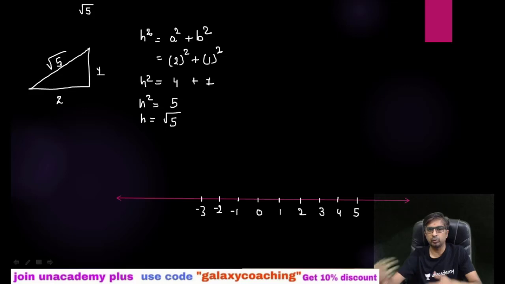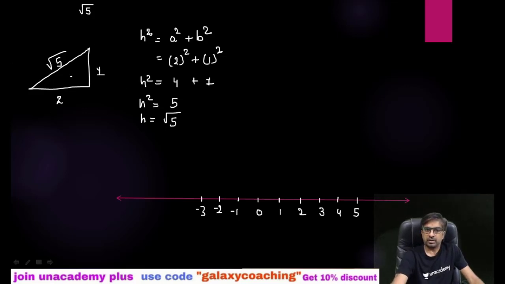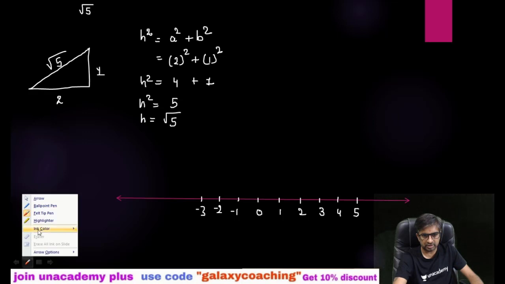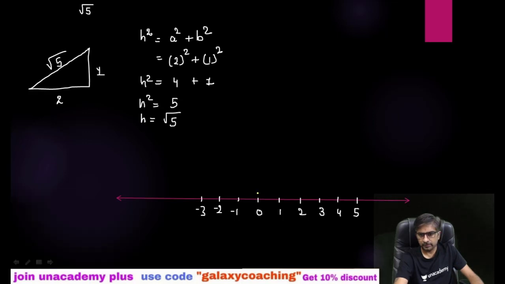As I told you that we have to suppose this first on a rough triangle. Now we come to know that this value will be root 5 when these two sides are 2 and 1. So now what we are going to do? Now we are going to do this triangle on this number line. How? Here the base is 2. So you need to draw a line segment from 0 to 2 here. Let me use some another color. Let me take yellow. So your base is 2. Now this is right angle triangle and this is 1.